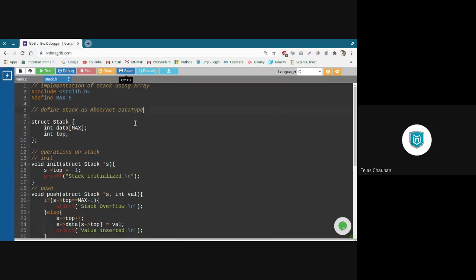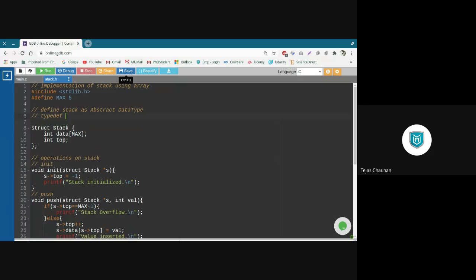Now to do it, I need to use the typedef statement. C language provides a typedef keyword using which you can define your type, your data type.